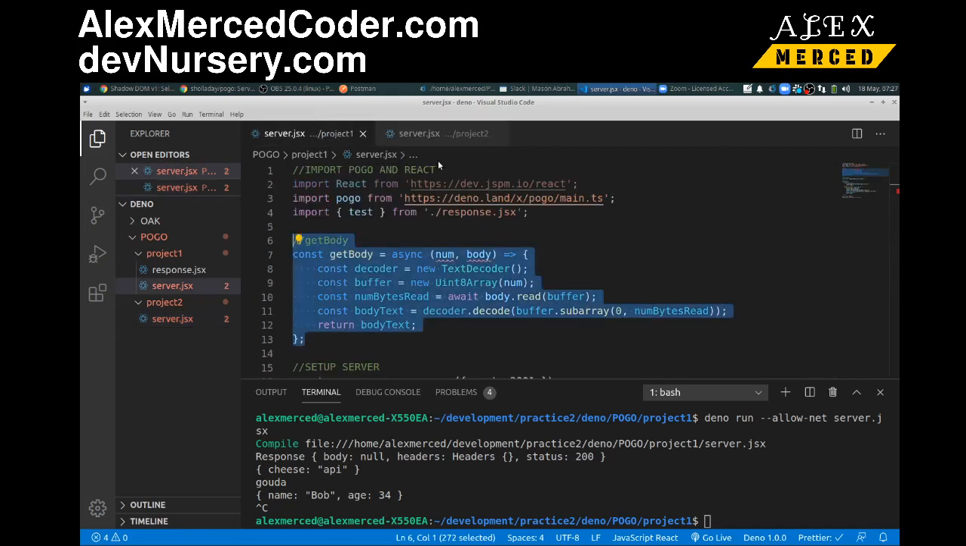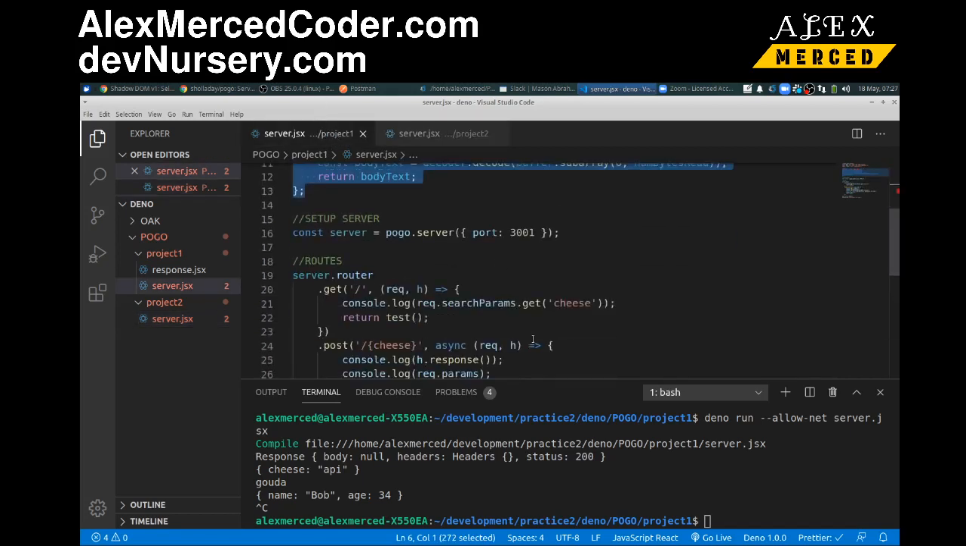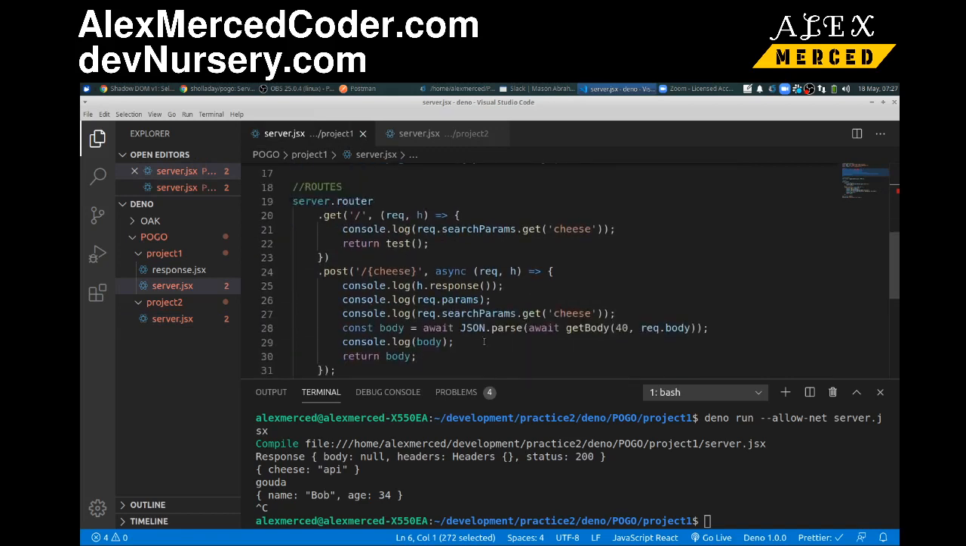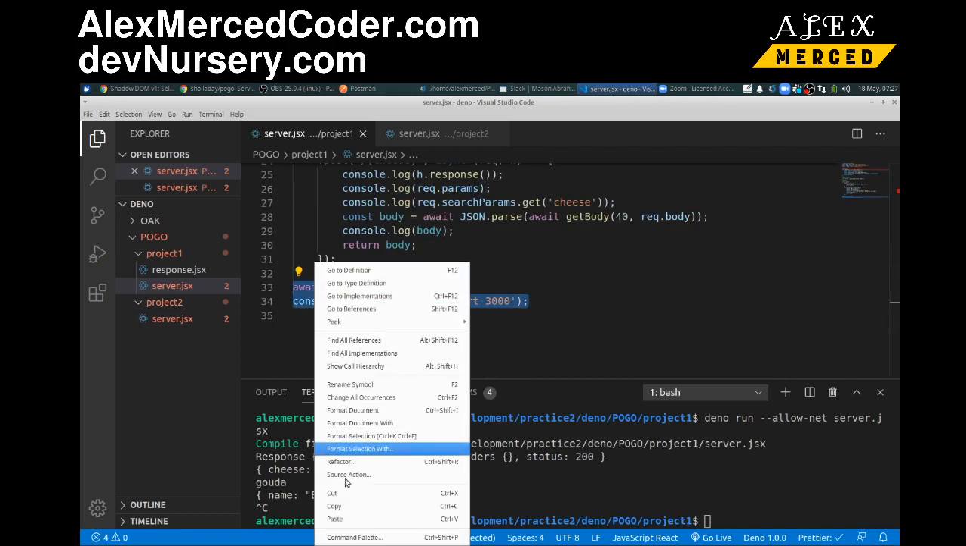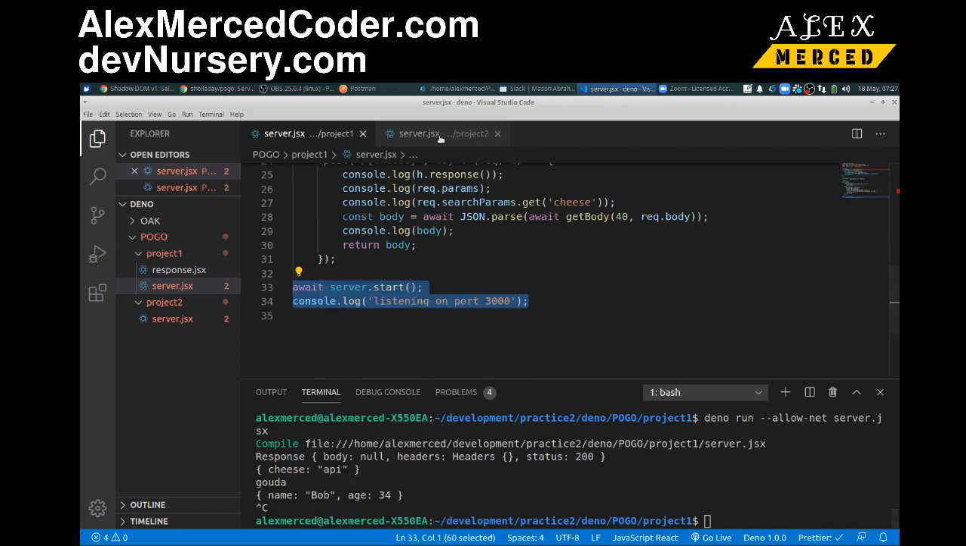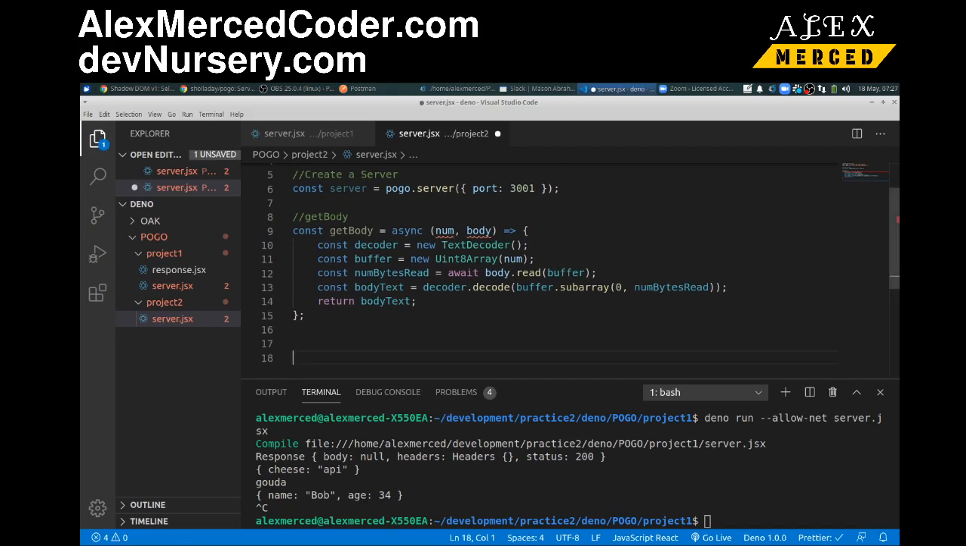Okay, the next thing I want to do, okay, we already set up the server. We're going to do my routes, but we'll come back to the routes in a moment. Okay, and then I want to kick in my listener. So this is all pretty straightforward. Okay, start